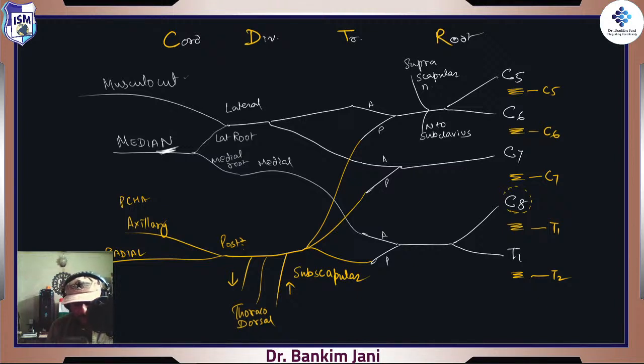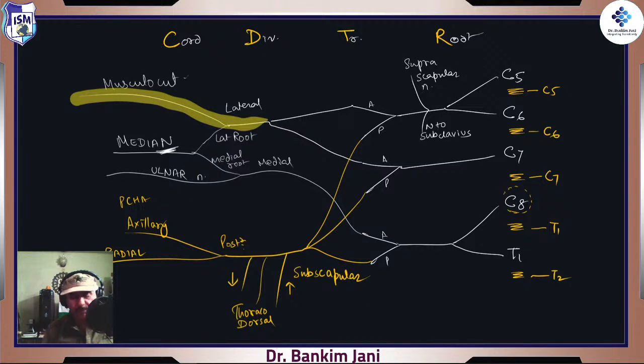And finally, anything left out? Well, this medial cord will go and make the ulnar nerve. That's the ulnar nerve. True? Now, add something to this: who is actually continuing? This lateral cord is actually continuing as musculocutaneous now. So it means that the lateral root is a smaller one, right? Lateral root is a smaller one. However, in case of the